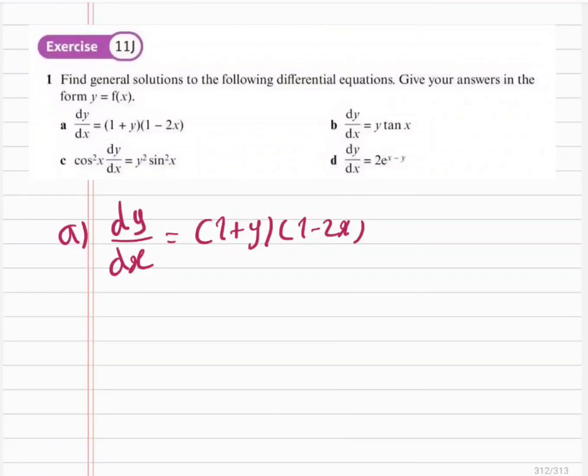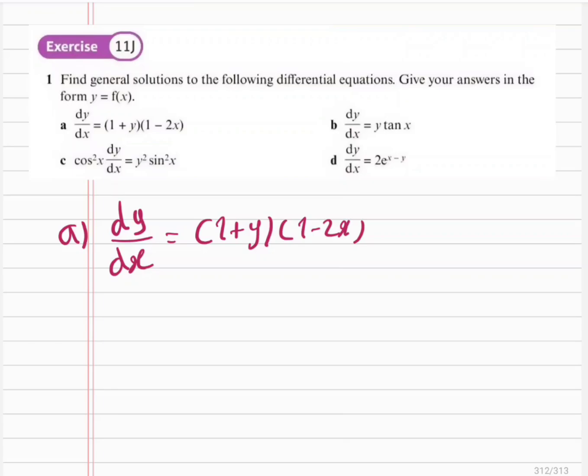Hi everyone, this video is on exercise 11J, which is about solving differential equations. So in part A, we want to solve dy/dx = (1 + y)(1 − 2x). And in P2, we just need to learn one method for solving differential equations, and that method is called